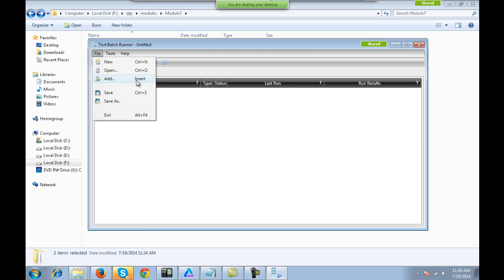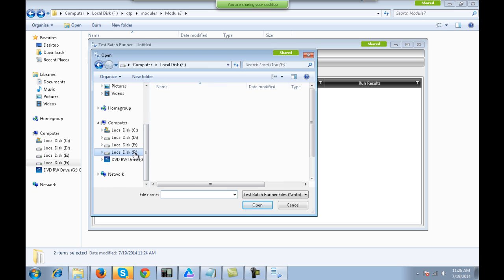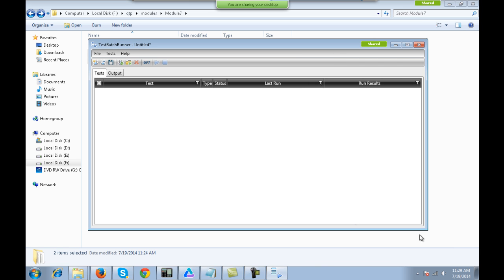You go to file, add over here first of all. Okay, you add a test case, fine. I'll add the test over here in my QTP. This was test A. Sorry, actually you have to go inside. They have changed a little bit in UFT. Actually in QTP it was a little different.